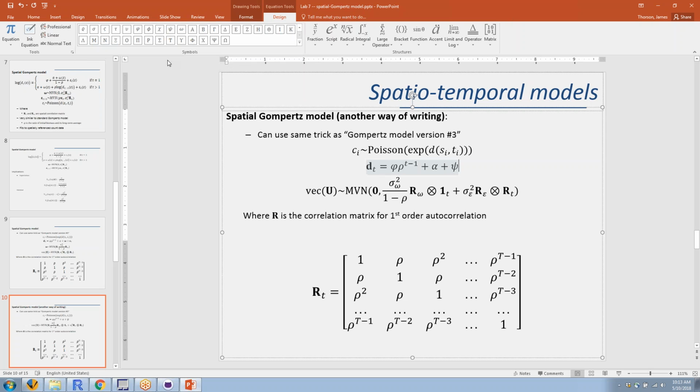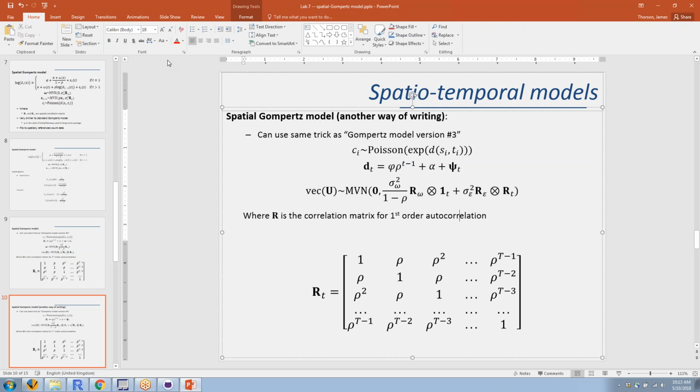Sorry, I realized that I was missing some additional change in notation. So just give me a second here. Where